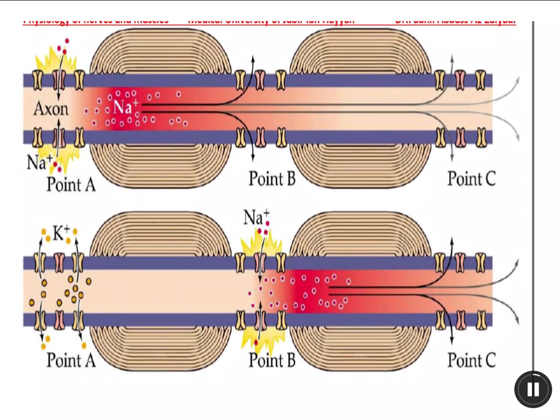As we show in this figure, this is the site of the Ranvier, the nodes of Ranvier. This is action potential initiation, and then at another point there is another jumping of ions, and this gives the velocity to the action potential, its conductivity and transmission. This jumping is called saltatory